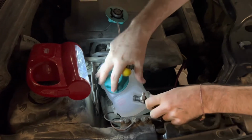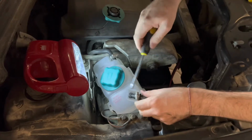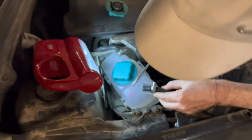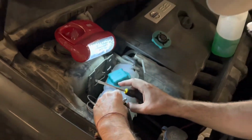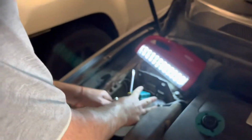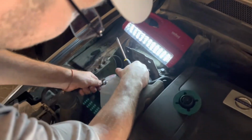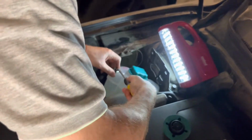And the whole tank costs like $25, so it's not really expensive. Here is a little trickier. I need to untighten a little bit more. Okay, it doesn't work, so we're gonna try something else. Try to put it when the bracket is in the position, and yep, it worked. So tighten the last one,